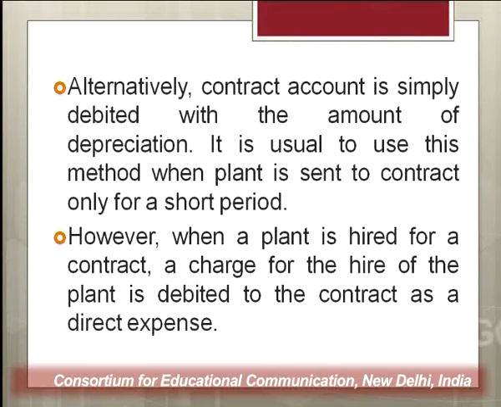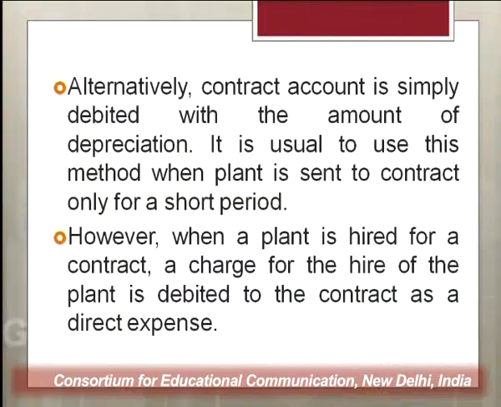That is, if a particular plant is being used on a particular project or a particular contract for a 6 months period, right, then directly you show the depreciated figure: the value of the plant at the time of issue to the particular contract or project, and the value of the plant at the end of the period, or when you are not using it in that project. So the difference of the two will be shown as depreciation, that you charge directly. Instead of showing the full value in the beginning and the closing value of the plant in the end, you show only the depreciated figure.